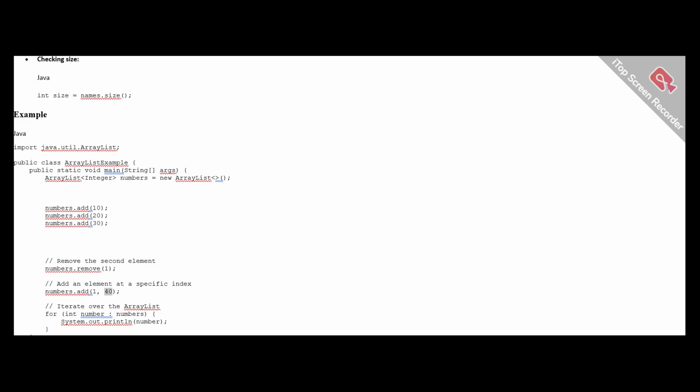Iterate over the ArrayList: for (int number : numbers)